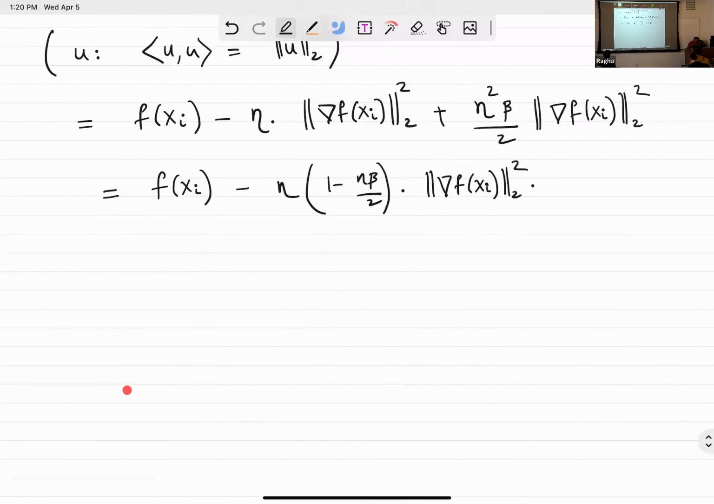And as from our assumption, your step size was smaller than 1 over beta. So this is less than or equal to